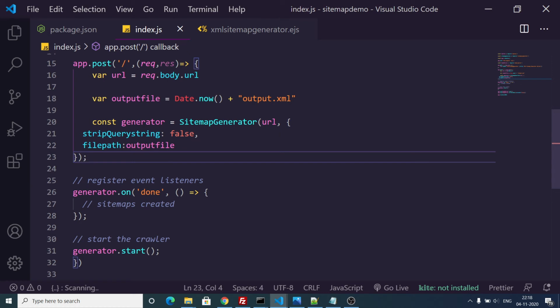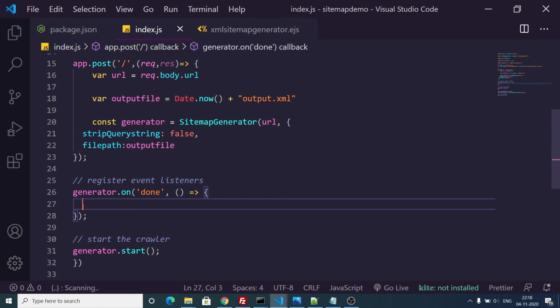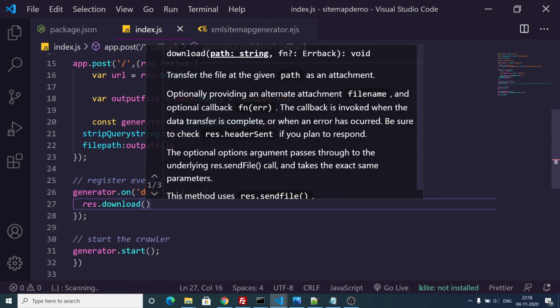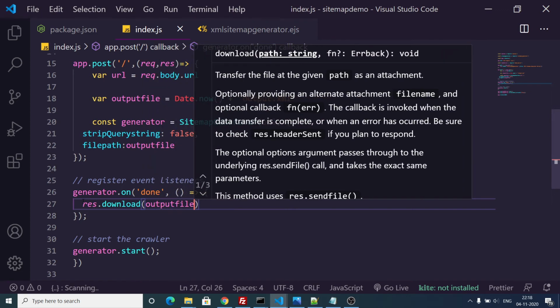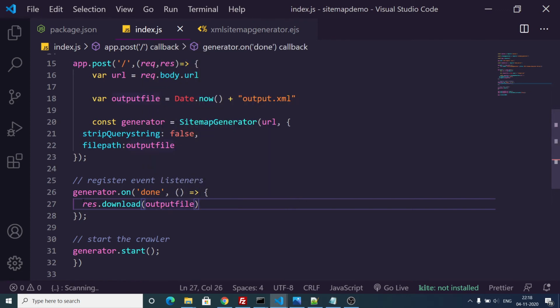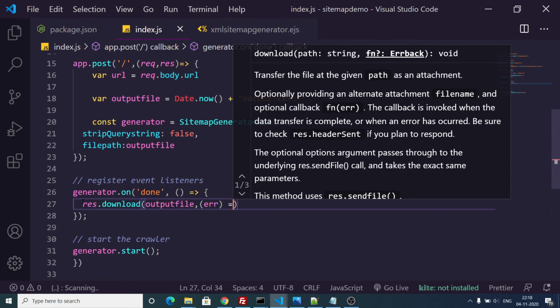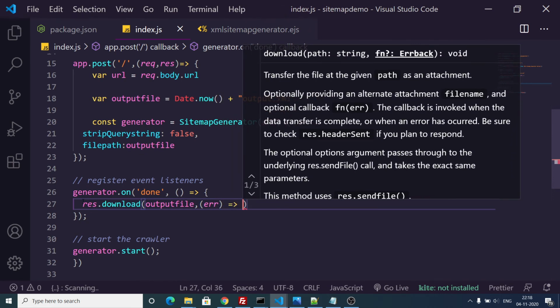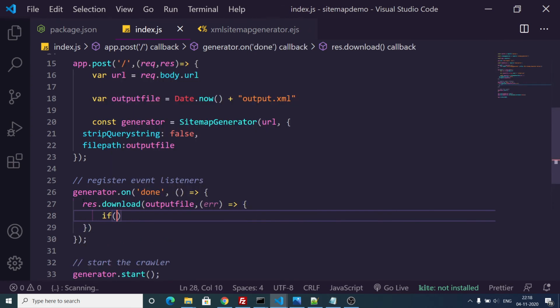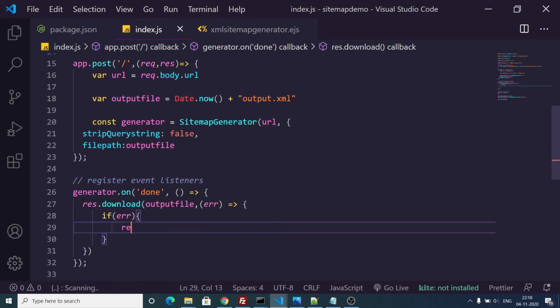Once this is constructed, this callback function will execute on done here, and in this we can just say response.download, and we can download this sitemap which has been created. This contains an error callback, so if any sort of error takes place, we can send out the error like this.